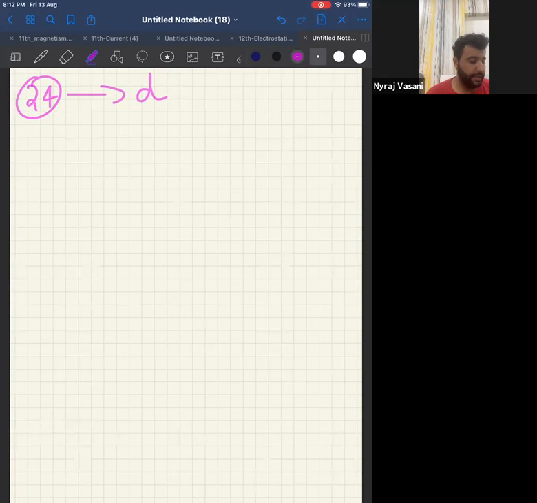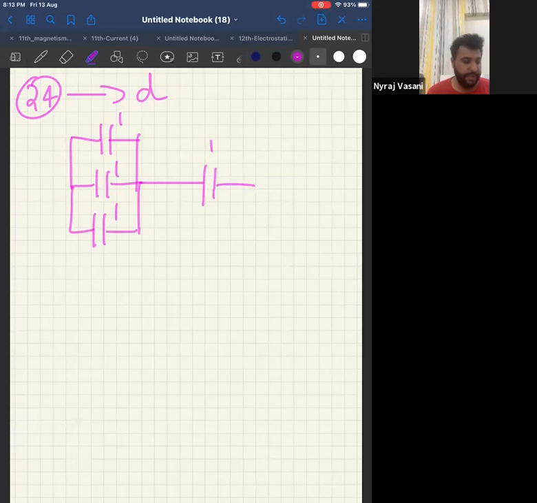The question is, three capacitors of capacitance 1 microfarad are connected in parallel. Therefore, I take three capacitances, all three value 1 microfarad as shown in the figure. Now look at this, 1, 1, 1. They are connected in parallel. To this combination, a fourth capacitor of 1 microfarad is connected in series. Now, what is the resultant capacitance? Can I say this will be 3 because it's in parallel, and 3 and 1 in series will be 3 by 4. Actually 4 by 3, but that will be 1 by C. Therefore, C will be 3 by 4.